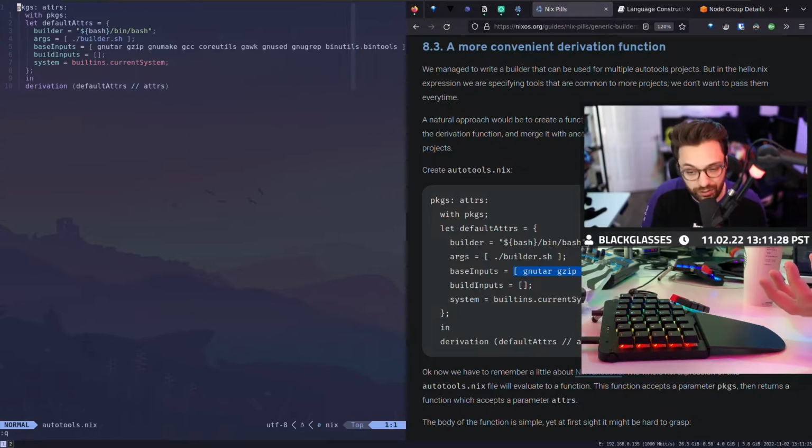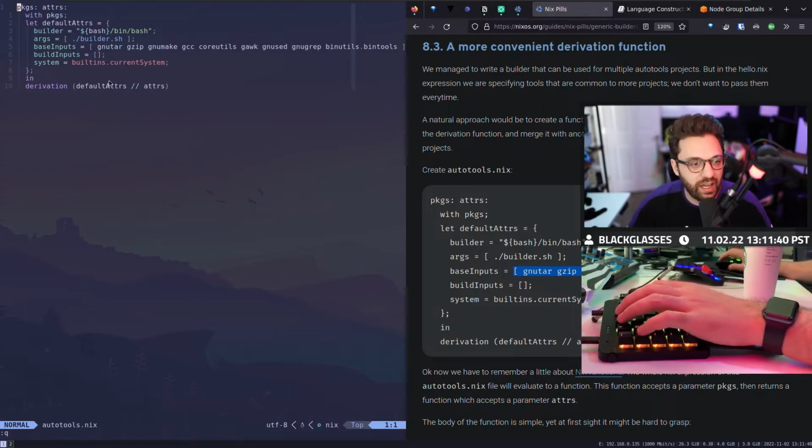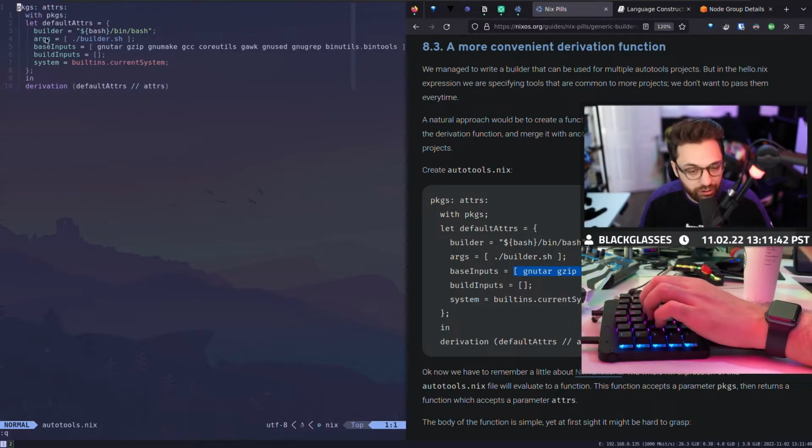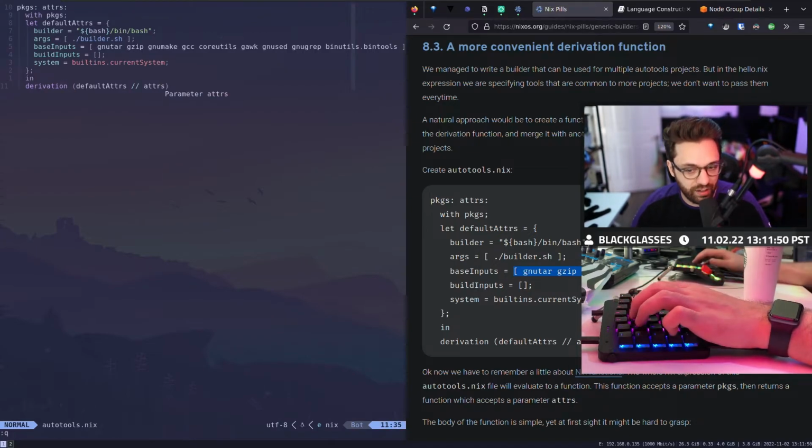In the other scenario, we'd have to use bash or something like that because there is no real language in a Docker file. But because we have Nix, because we have a language, I can create a function that you can reuse, and that function will return a derivation of either default attributes or attributes that you provide as a parameter to that function.